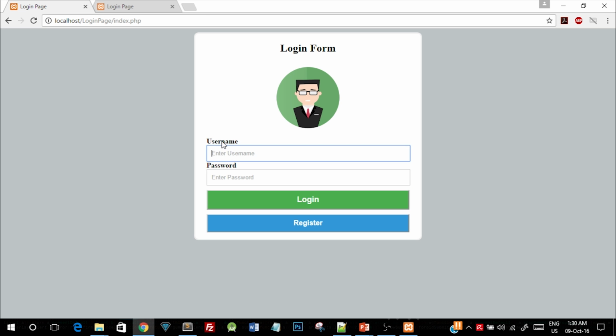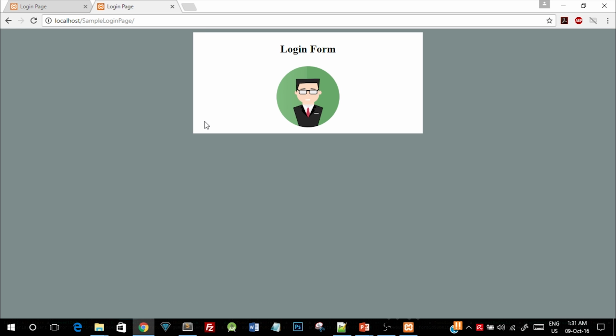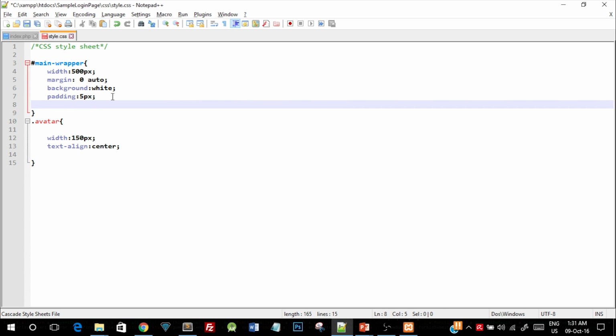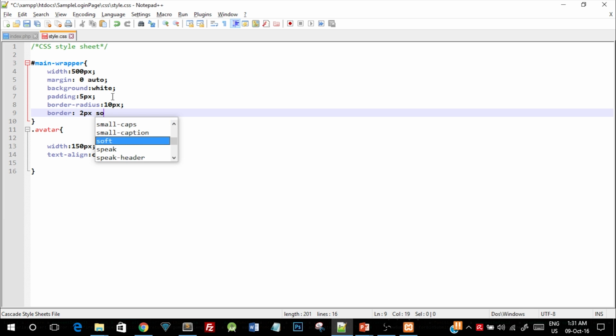We have two labels, username, password, then we have two text boxes, and we have two buttons. So let's go ahead and create that. And before that, you see these circular edges which are not currently available on our page. So we'll go ahead and add that as well. So to add that, inside the main wrapper, just say border radius